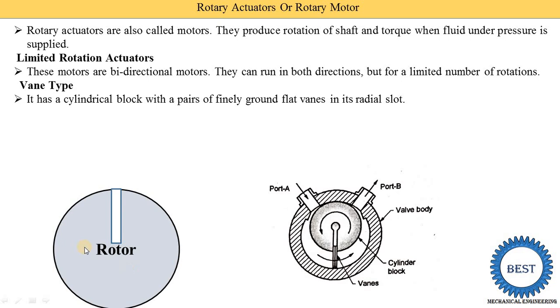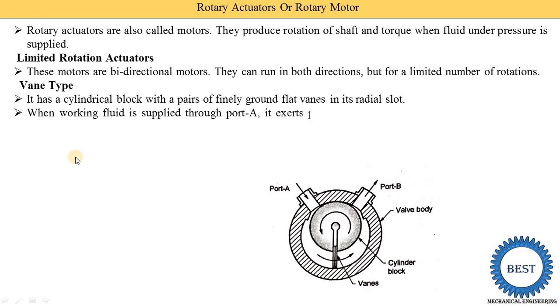Now here you see this is the rotor. Inside this rotor one slot is provided, and inside the slot this vane is put, and the vane moves up and down on the basis of the radius of the casing. This cylinder block is mounted offset with the casing. The casing center is somewhere here, but the cylinder block center is here, which is called the offset. When it is fitted with the offset, the vane is completely outside, means the majority portion is outside. But when the vane comes here, it moves inside, and when the vane comes here, it is completely inside the slot. That's where this design is done.